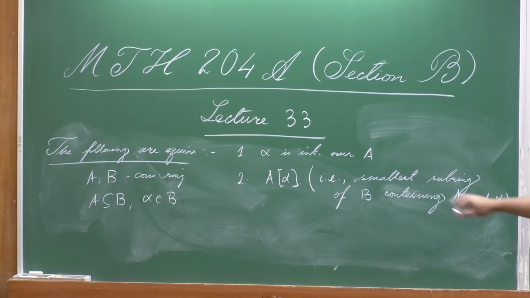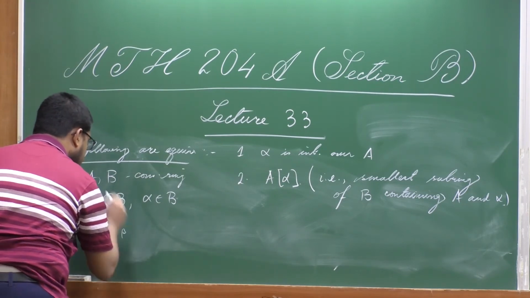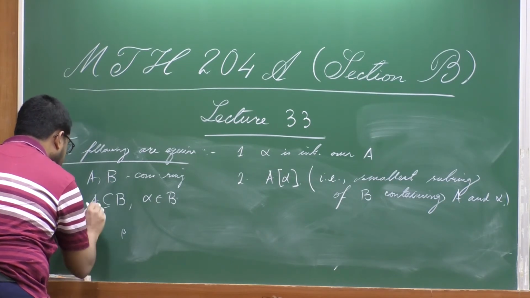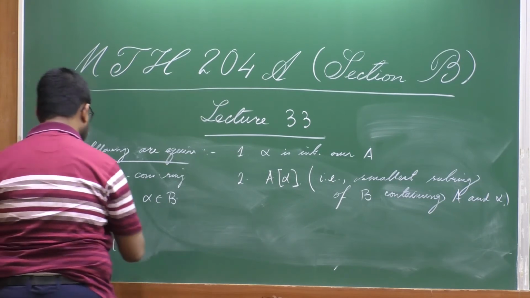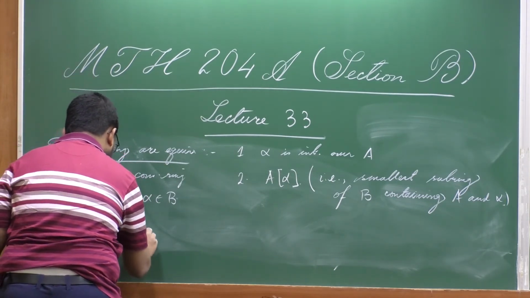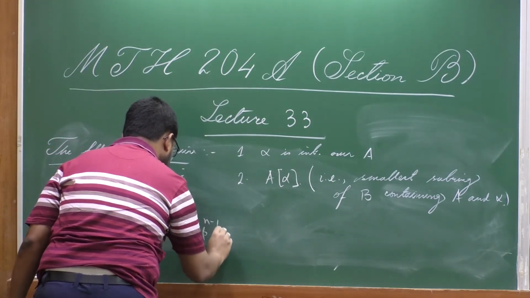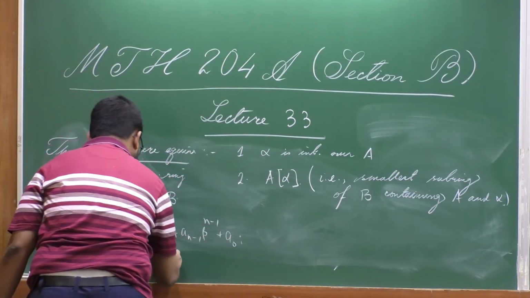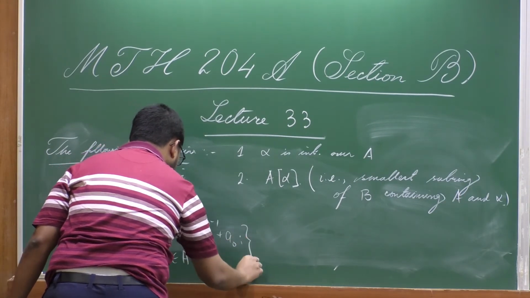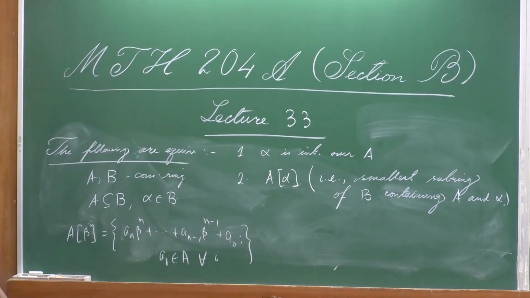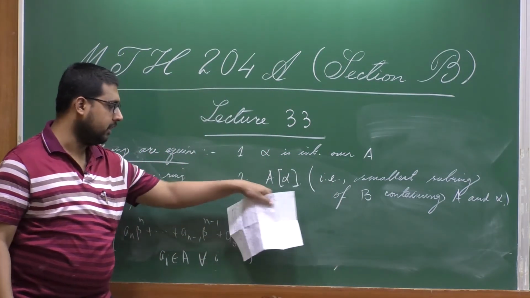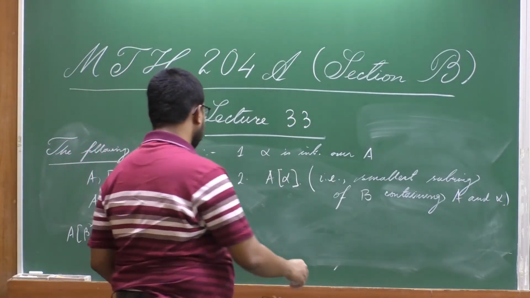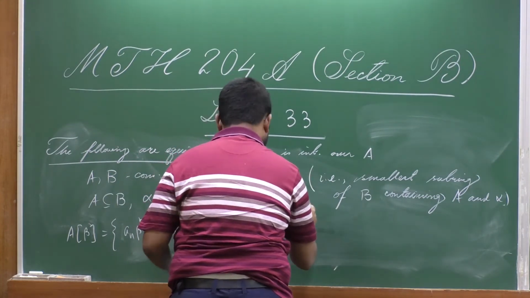Let me say a few words about this. Given any extension of rings, forget about whether any element is integral or not, if you take an element, let us say from the bigger ring, the smallest subring containing the bottom ring and this element is denoted by A[beta], and you can immediately check this is precisely the collection of all polynomial expressions in beta with coefficients a_i in A. So, if alpha is integral over A, then this of course by definition contains A. So, this is an extension of the ring A. So, the second condition is that this is finitely generated